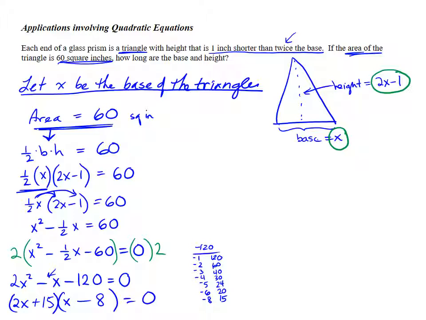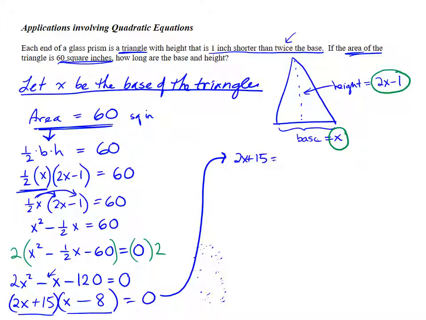Again, you can get that same factorization using the AC method if you don't like guessing or playing around with options when you're solving. It's really your choice at this stage. I don't require you use one particular method. The main thing is you got to just be able to factor it somehow. So we now have two factorizations that when multiplied give 0, so we can set each one equal to 0. So 2x plus 15 equals 0, or x minus 8 equals 0. Solving, we get 2x equals negative 15, x equals negative 15 halves,